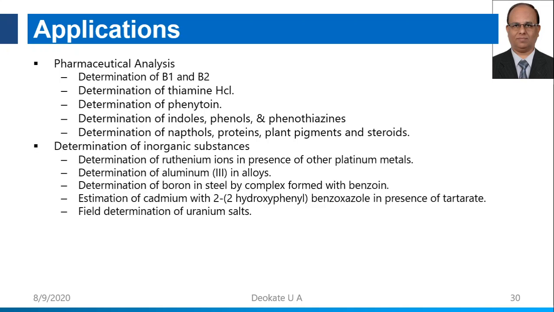In inorganic substances determination, it is also used for determination of ruthenium ions in the presence of other platinum metals, determination of aluminium in alloys, Al3+, determination of boron in steel by complex formation with benzoin, and estimation of cadmium